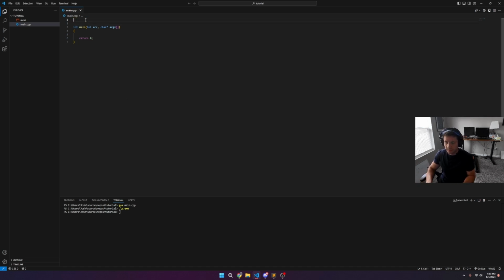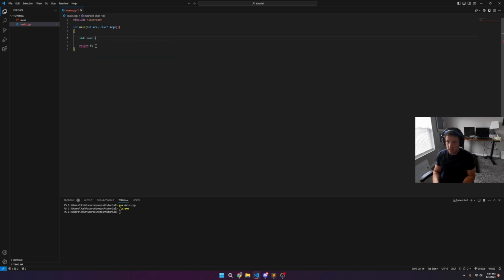So to start, let's include a library. So to include libraries, you're going to use the include keyword. This is a built-in keyword to C++. And then we're going to include iostream. So iostream is part of the standard library, which includes many different things, but for this we're going to use the standard library out. So to use the out, which essentially will print to our console right here, we want to use std::